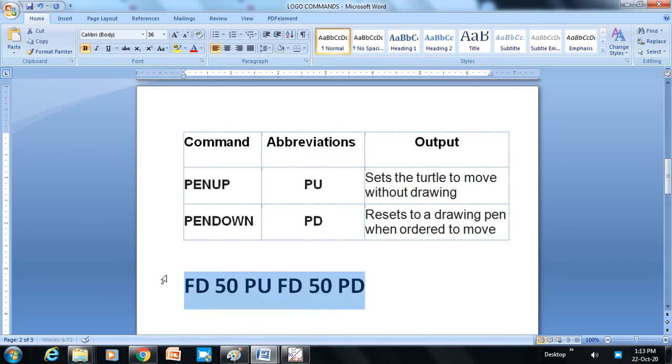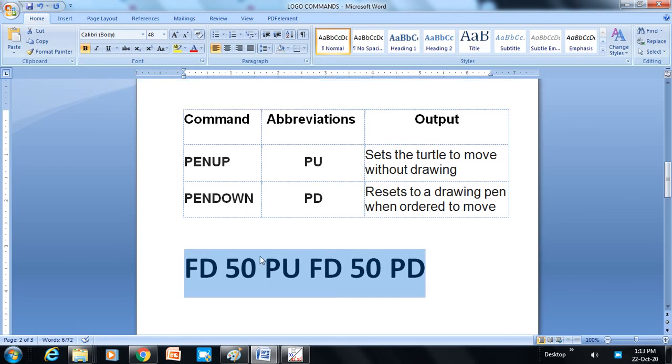I am increasing the size of this command so you can see properly. FD 50 means the turtle will move 50 points. After moving 50 points, I have given the PU command, which means the turtle can move forward without drawing any line. So with the PU command, the pen is up.